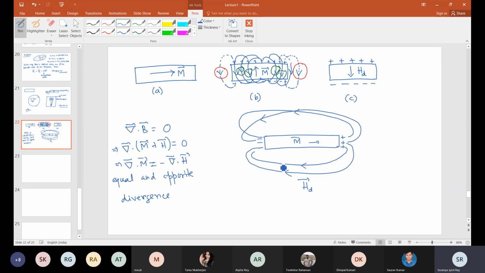But if it is perpendicular to the plane, that is in case B here, you can see these return flux lines are coming through the material. So a part of HD will be significantly contributing towards your demagnetization. Tanya, is it clear? Yes, sir. Then the direction of applying the magnetic field is also important. Of course, that's what I said. Direction, shape of the material.